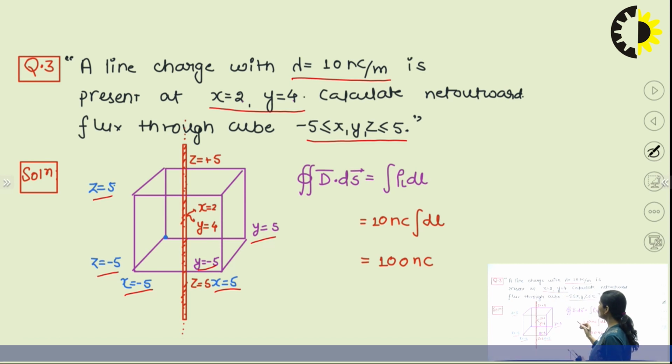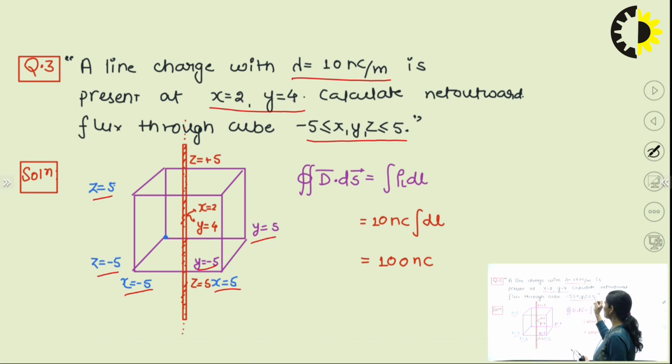x equal to 2 means x ranges from -5 to 5, so it comes inside this volume, and y equal to 4 means it ranges from -5 to 5, so it also comes inside this cube. So the line charge coordinates are x equal to 2 and y equal to 4, which means this line charge is inside the cube. Now this is the line charge along the z axis, so its z range is